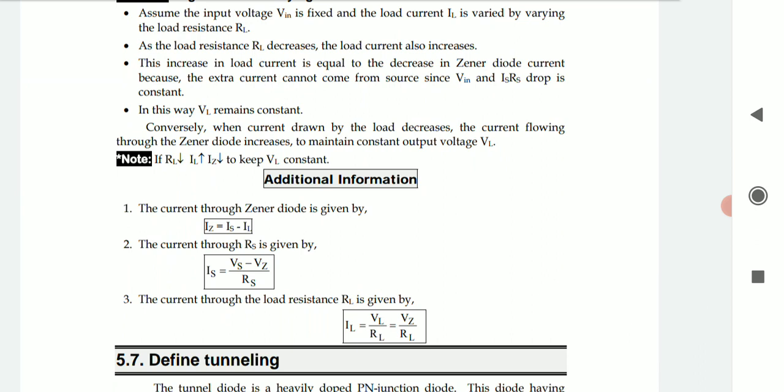Okay, with this we have discussed the Zener diode and the differences between the Zener diode and the PN junction diode, the Zener diode working principle, VI characteristics, and Zener breakdown versus avalanche breakdown in the PN junction diode. And also we discussed the application of the Zener diode, that is